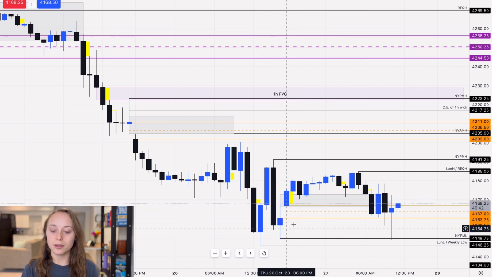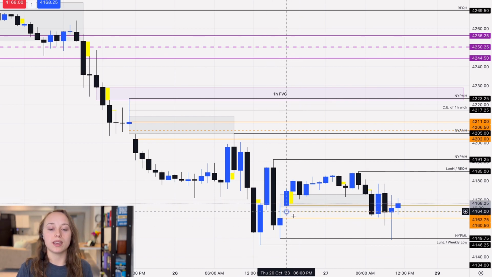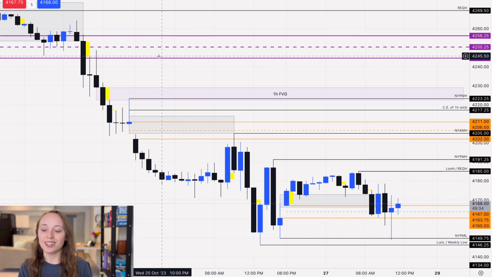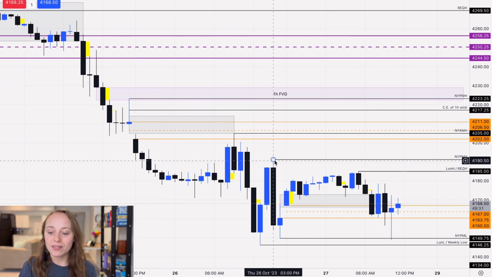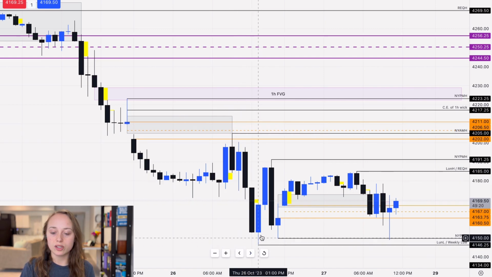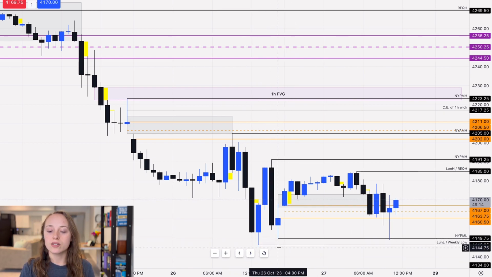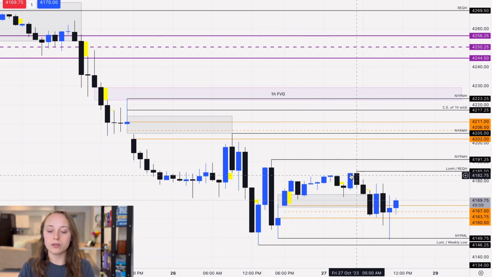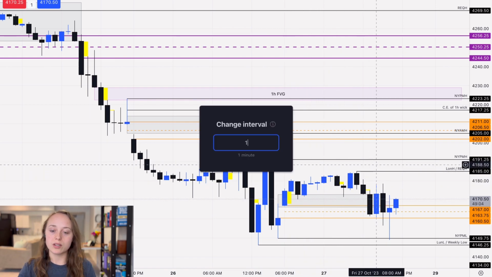So I had this marked up plus the consequent encroachment. I have my new day opening gaps as orange, as you can see, and my new week opening gaps as purple because colors are good. So we have the New York PM session highs over here, and then the New York AM session high, which is the high of the day yesterday, and then the lunch lows, which is also the low of the day, and then the New York PM session lows right here. So I had those marked out. And then of course the London session relative equal highs, sorry, right here. So let's drop down to the 15-minute chart.